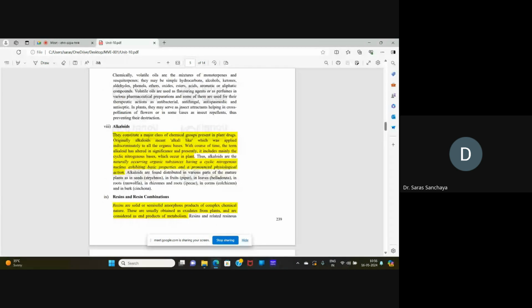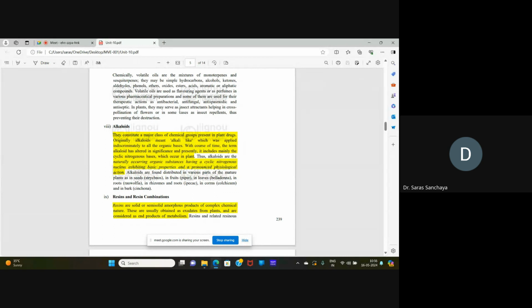Alkaloids. They constitute a major class of chemical groups present in plant drugs. Originally, alkaloids meant alkali-like, which was applied indiscriminately to all the organic bases. With course of time, the term alkaloid has altered in significance, and presently it includes mainly the cyclical nitrogenous bases which occur in the plants. Thus, alkaloids are the naturally occurring organic substances having a cyclic nitrogenous nucleus exhibiting basic properties and